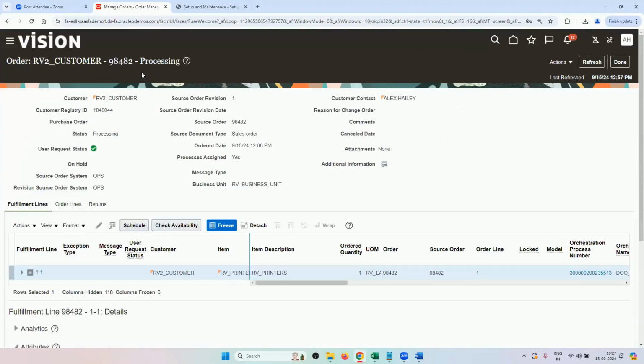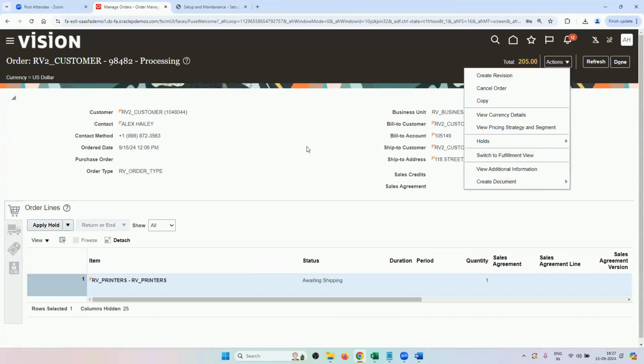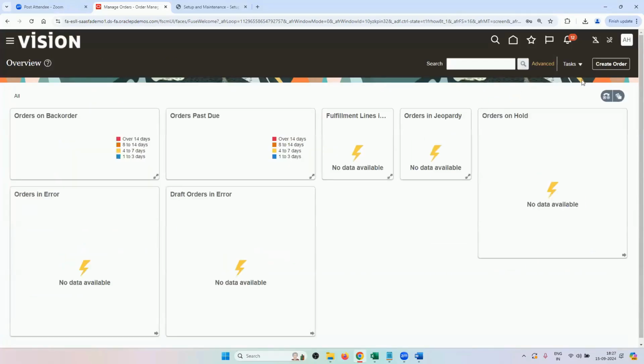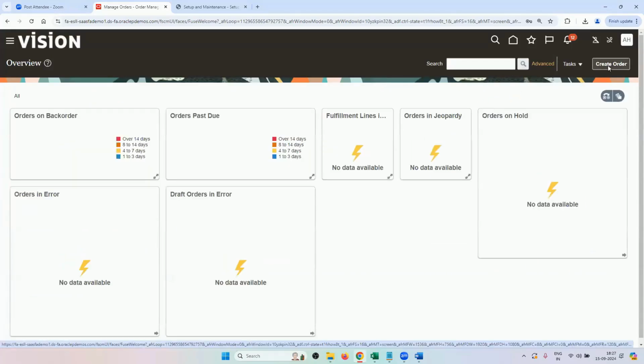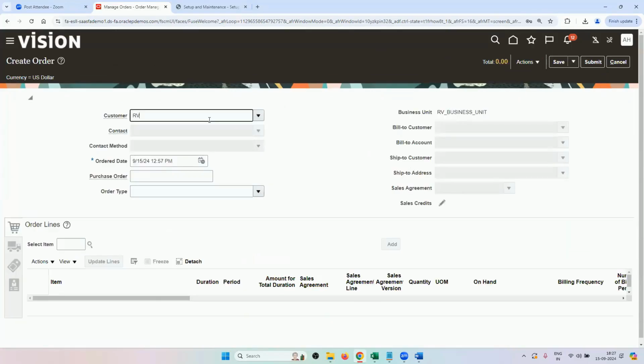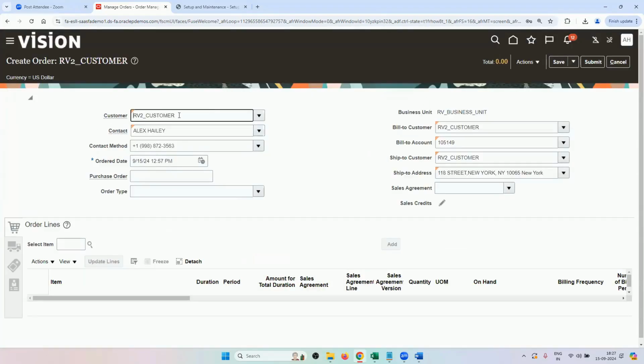Okay, this is already processing. So let me create a new order to show you. Okay, I cannot do anything with this order. Let me create a new order and then show you other order management functionalities. Click on create order. Customer is RB2. So suppose if you had defined that constraint, right? And if you would have clicked on submit, it would throw error. Then order type is RB